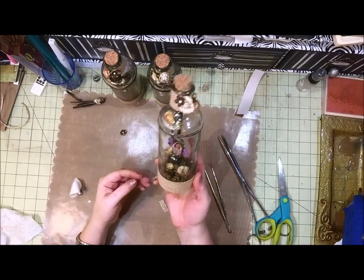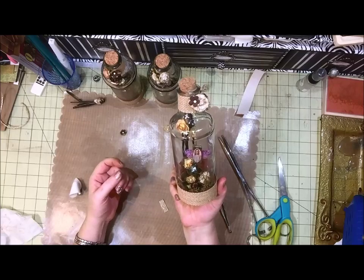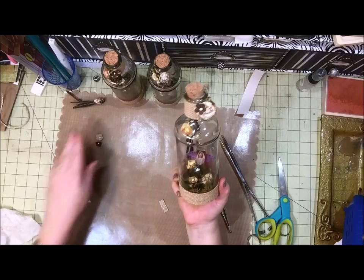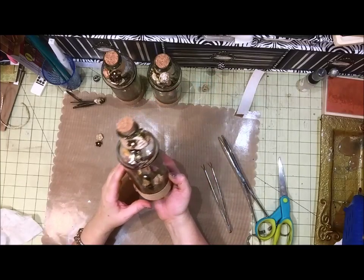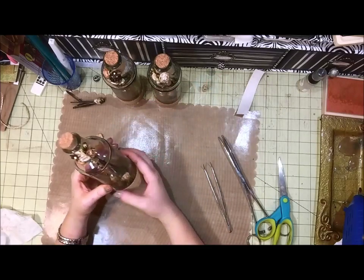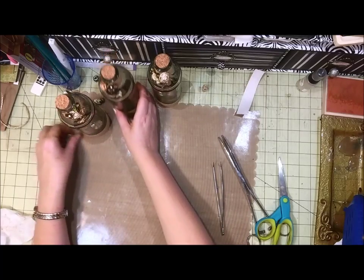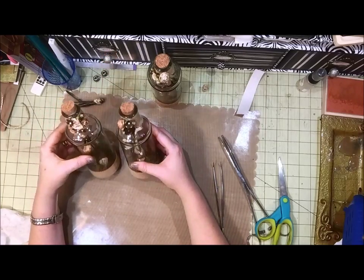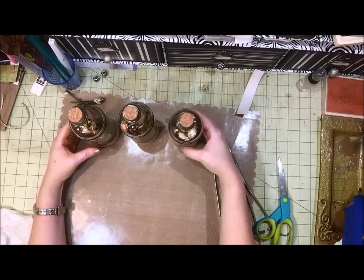All right, and now we have another captured fairy in a jar, just like so. All right, like I said, when I put the finishing touches on it, I'll post some still pictures for you, so you can see what the final product looks like. But basically, I'm going to put these in a wooden box or a wooden tray, so that there's 3 of them,